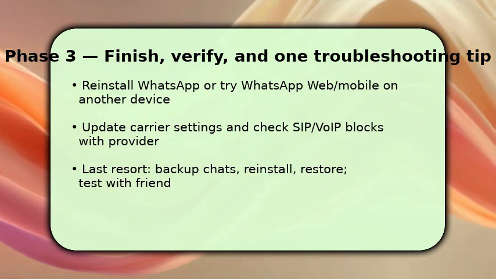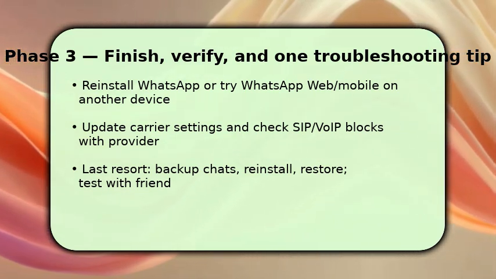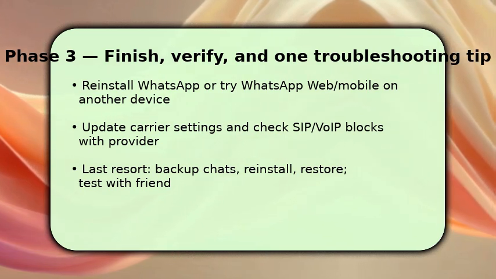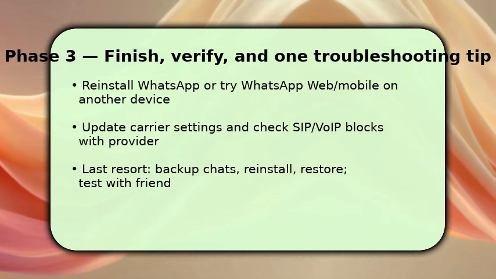One key troubleshooting tip: if incoming calls still don't appear, try WhatsApp on another phone with your account. If it works there, the issue is device-specific, and you should